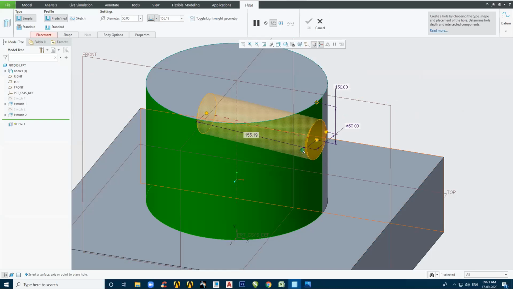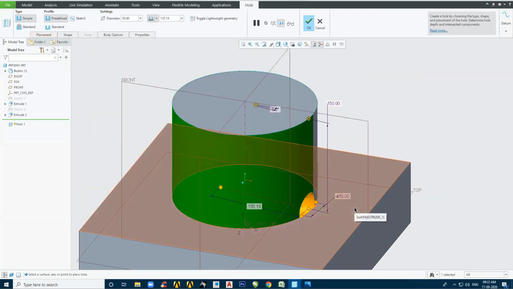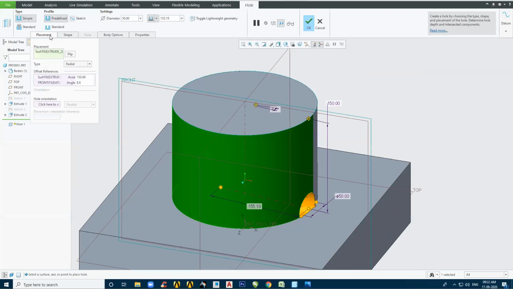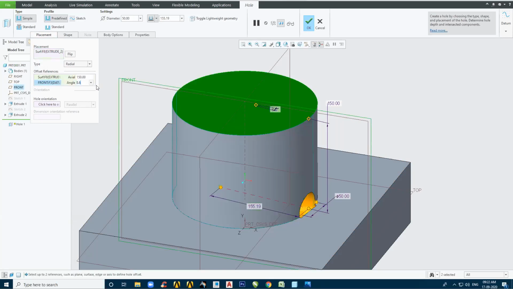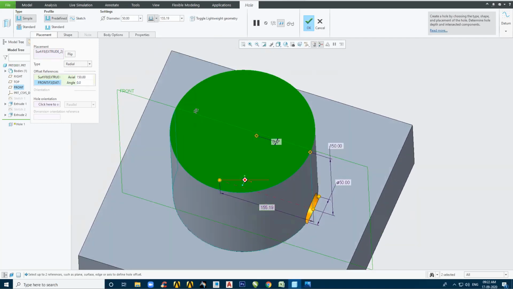So I will take this handle and I can select either this plane or this plane. Okay, any plane I can select. For example, now it has to be on the quadrant. So I am selecting this plane and now everything has been done. Understood? Here, if I come in placement, you will see that he has got a radial placement. This is called a radial placement, where I am saying now this angle is 0 since I need it exactly on the quadrant.